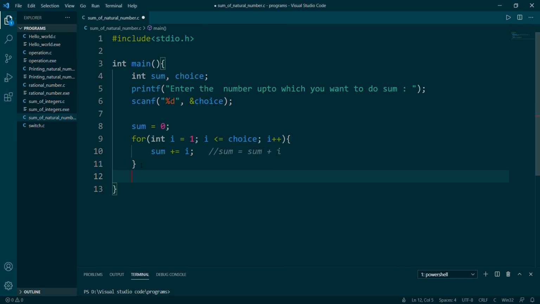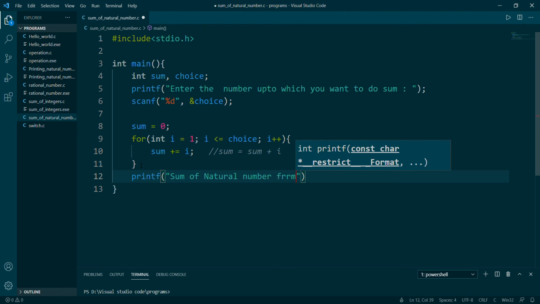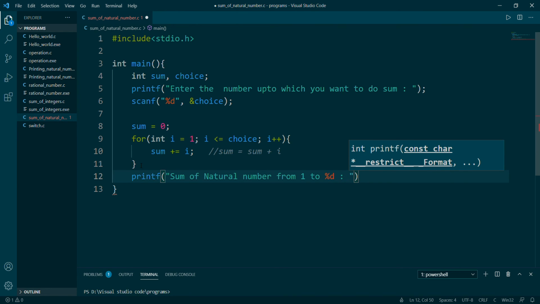So here I'll print simply sum of natural number from 1 to the choice, whatever the user wants, is our sum.